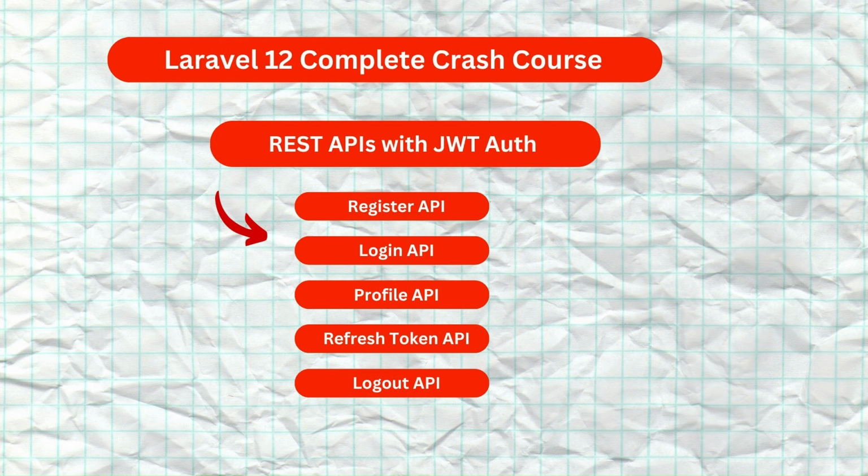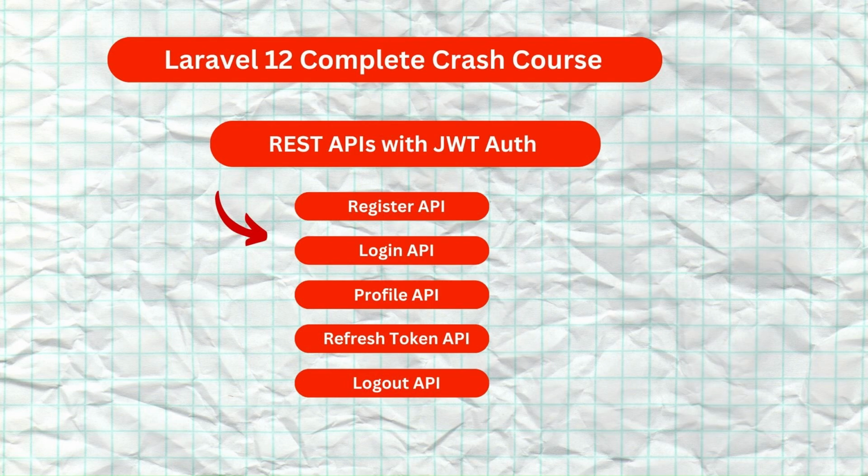And finally, inside this course, we'll see the concept of JSON Web Token, which means how to use JSON Web Token, JWT, to create REST APIs inside this version number 12 application. So inside the last module, we'll cover the APIs: registration API, login API, profile API, refresh token API, and logout API. So without wasting any time, first let's have a look at all the new features which are included inside this